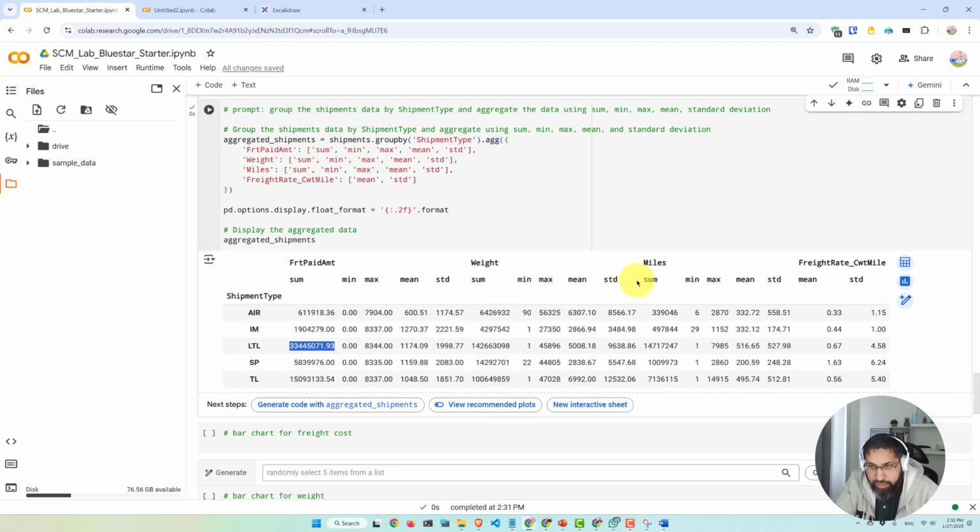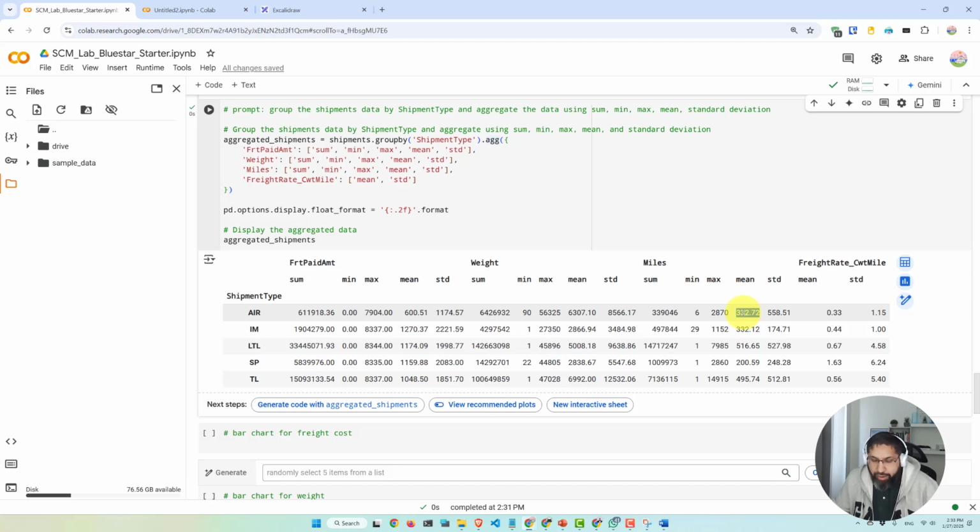And if you look at the miles, in terms of average, right here, our average LTL shipment only travels about 500 miles. And our truckload also travels about 500 miles. Look at air. Air is being shipped only an average distance of 332 miles. That is kind of insane. For up to 500 miles, truck is almost as fast as air, because you don't have to go to the airport and waste time loading up the aircraft, and because you can't load up a whole container into an aircraft,